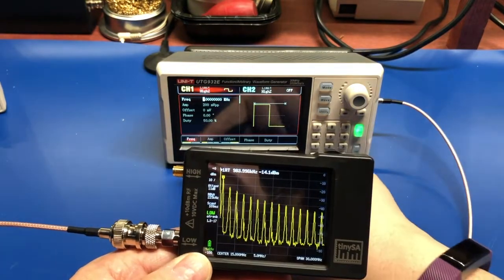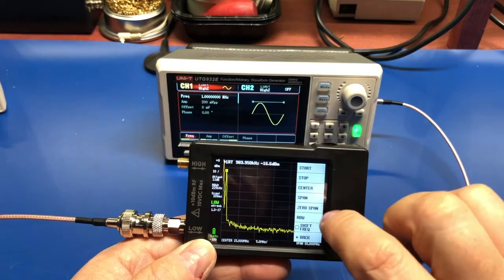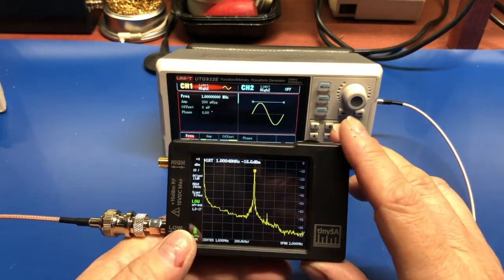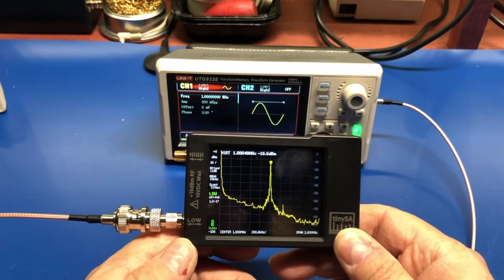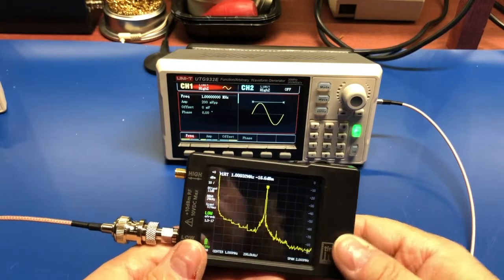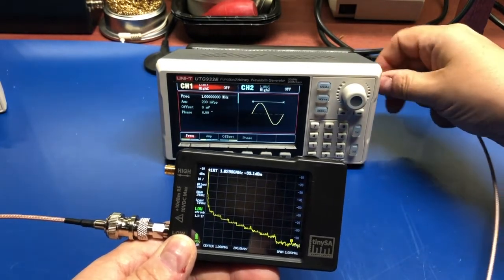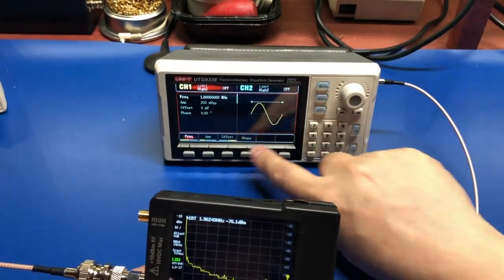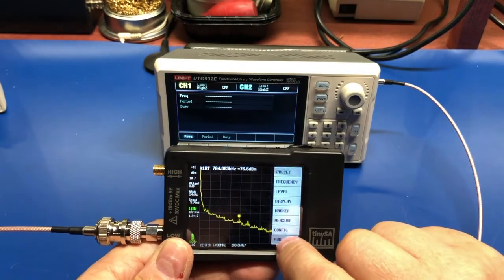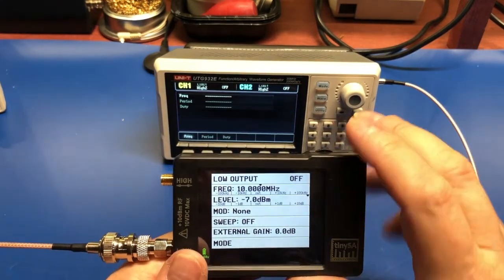But yeah. So new toy, TinySA. Like I said, don't have a big use for it at the moment, but like most things, I'll figure out something to do with it. One other thing that it does do, which is nice, is it will act as a signal generator. Let's see here. I should be able to use this as frequency counter, utility counter, and I believe if I come in here and say switch to low output, there we go, and turn that on,